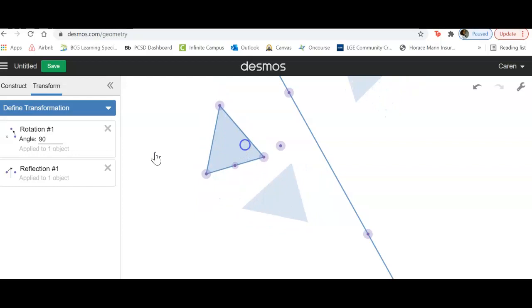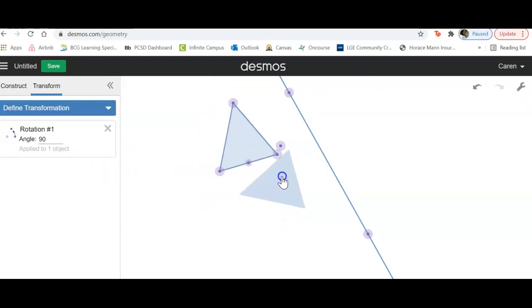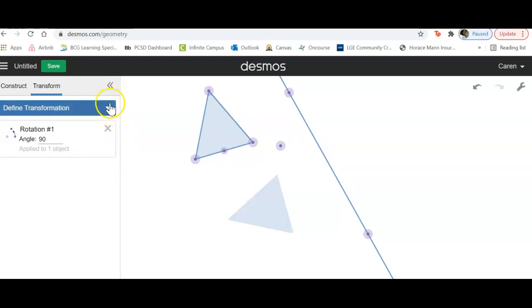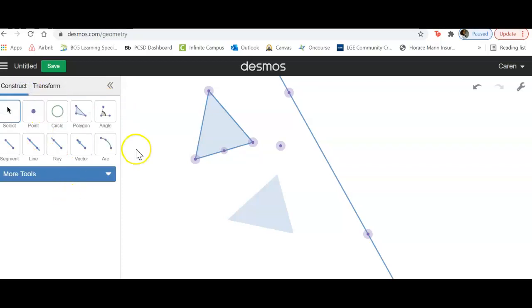If I didn't want to get the reflection one on there, I have to just get rid of that one. And it shows that it's rotating around that point. So this is a great tool for teaching transformations in grade 8 and grade 10. Whole bunch of different things we can do in here, and then there's also a way that we can add